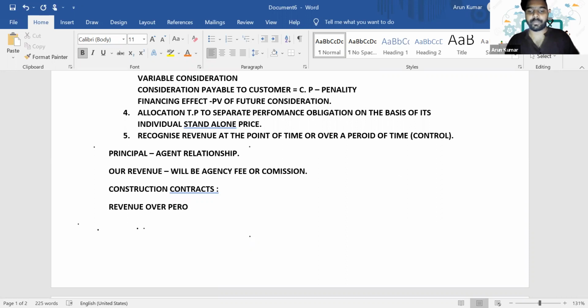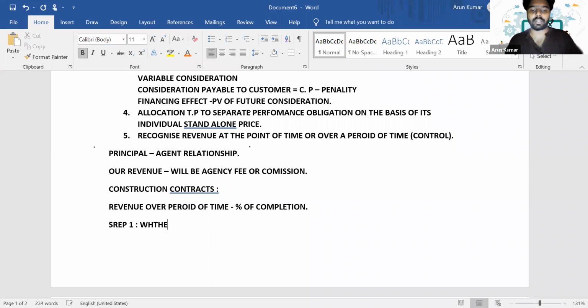When we recognize the revenue over a period of time, we'll calculate the revenue on the basis of percentage of completion. Are you getting it? Or on the basis of the performance obligation satisfied till date, only for that percentage of completion can we recognize the revenue. So whenever it's a construction contract, the first step is we need to check